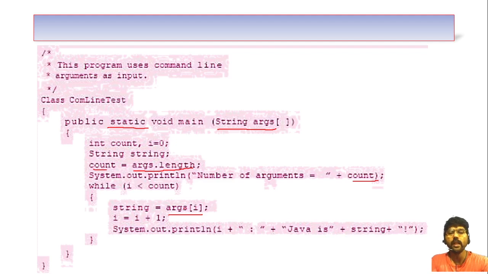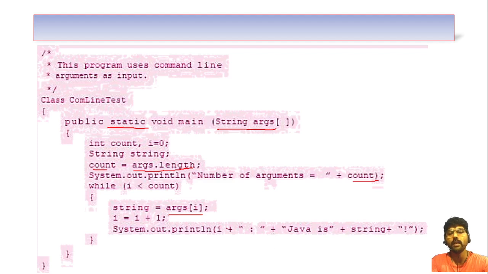Just imagine I have passed some parameters like robust, portable, simple, compiled and interpreted. Like that, I passed them as parameters. Now what happens here? It will display first one, Java is robust. Here string is nothing but args[0], and args[0] means it is robust.